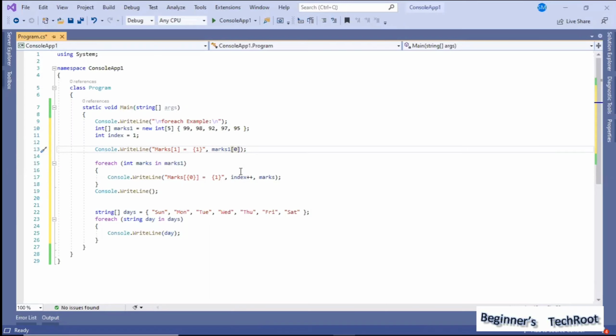That is nothing but 0 to 4, as the maximum size of the array is 5. So it takes 0 to 4.